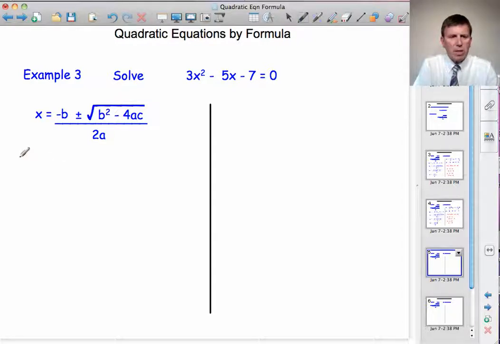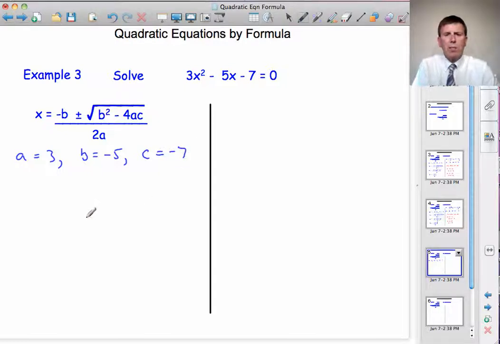We'll write down a, b and c. A is equal to 3, the amount of x squareds. B is equal to minus 5, the amount of x's. And the constant term on the end, c, is minus 7. Substitute these values in the formula and we get x is equal to minus b, which makes that plus 5, minus 5 is plus 5, plus or minus the square root